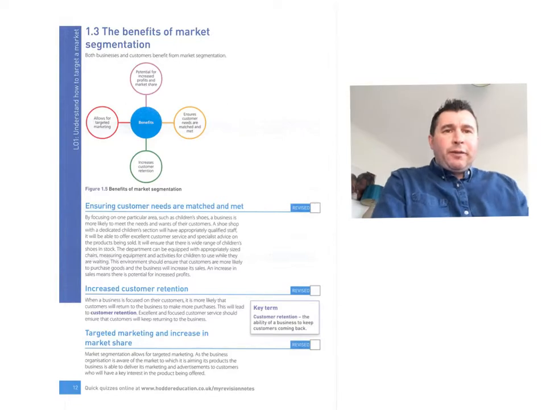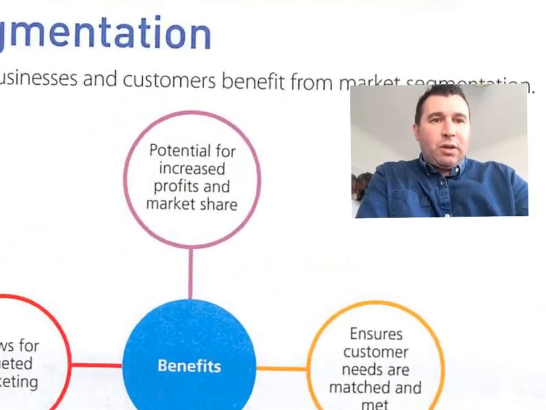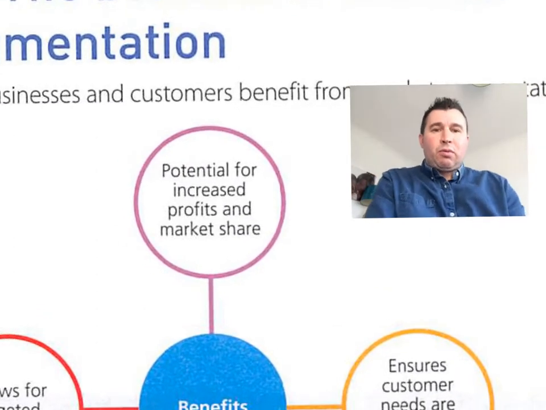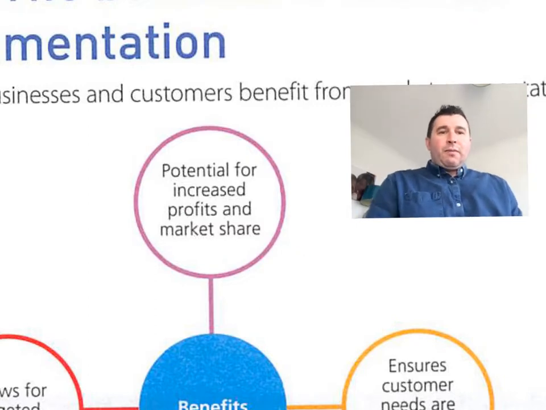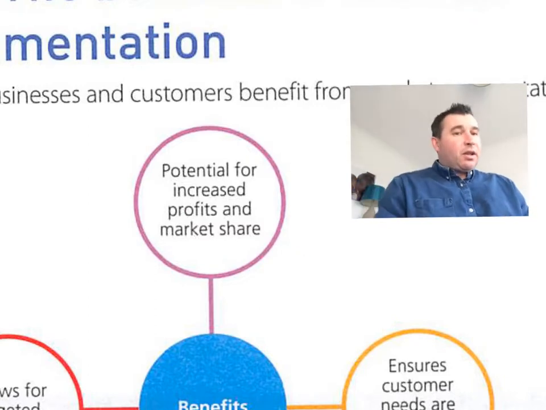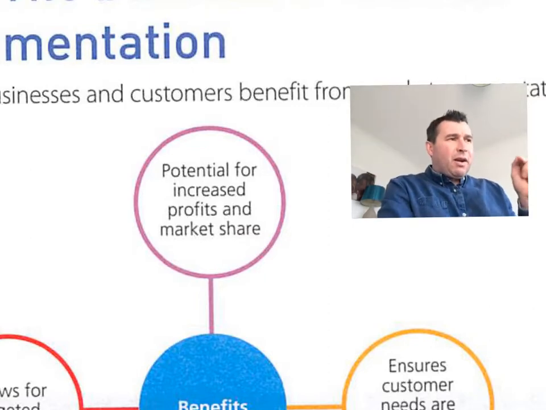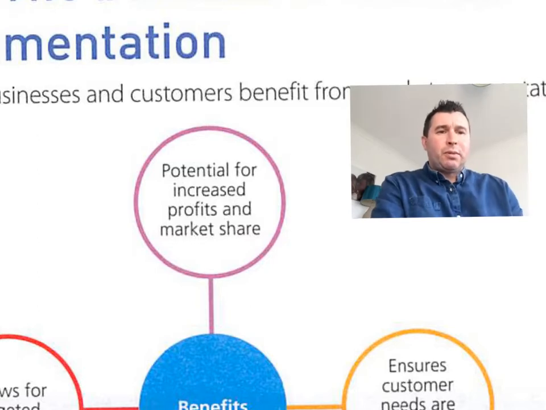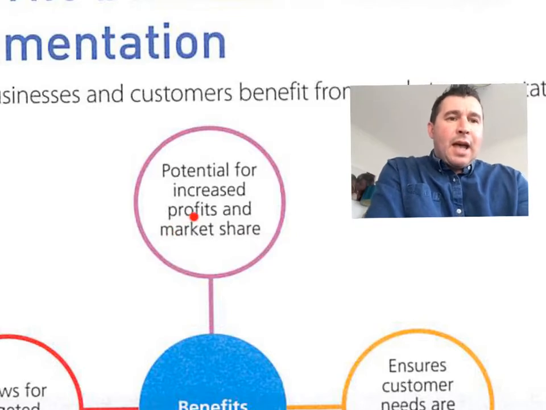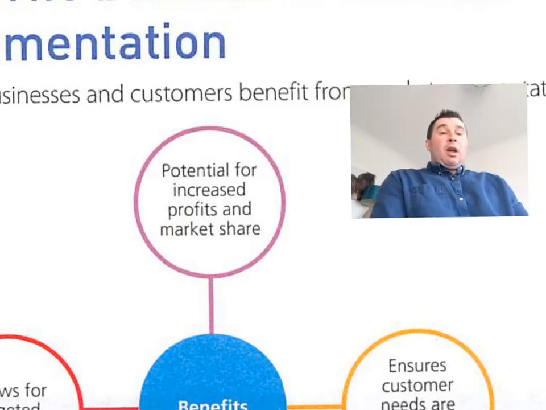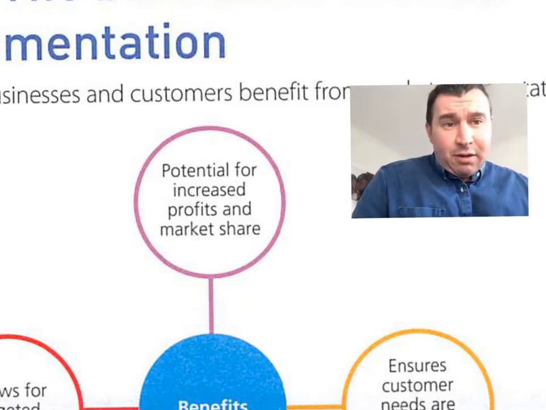Right, okay, so if we look over here at the benefits, the first one I wanted to go through is this one here. If I just get my pointer out, very snazzy. So the first benefit we've got is increased profits and market share. So why is that? Have a little think in your head. If you are able to break down your market into a subgroup, why does that lend itself towards more profits and market share? Any ideas? What are you thinking? Shout at the screen. I can't hear you, but shout at the screen anyway.